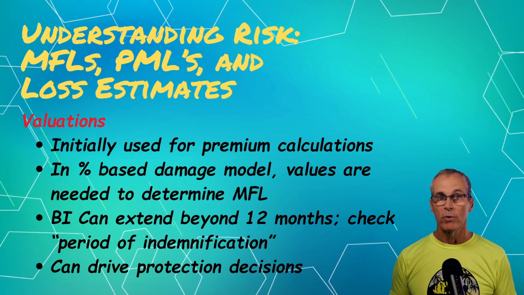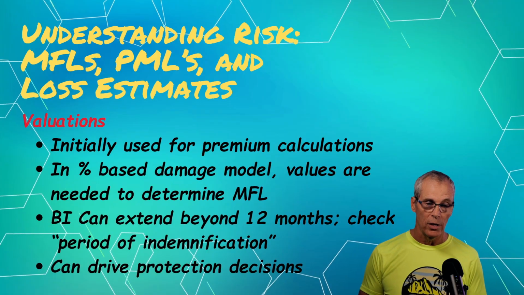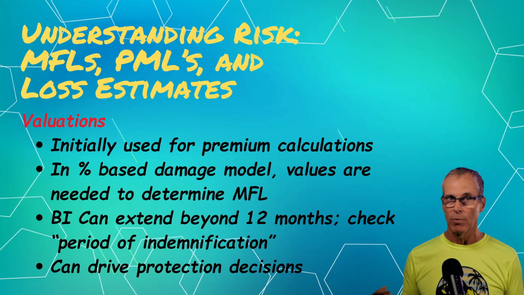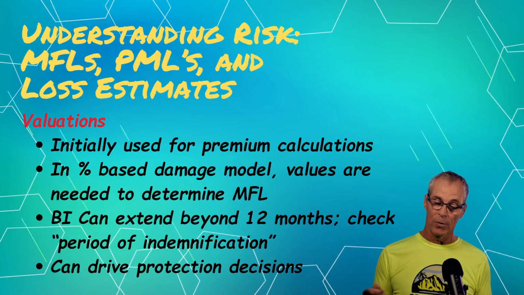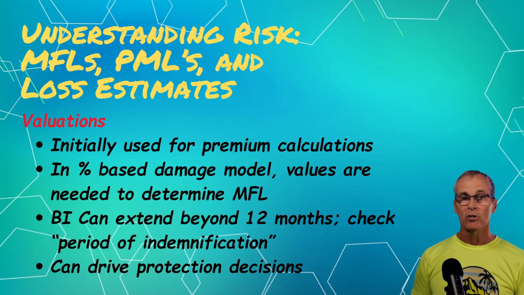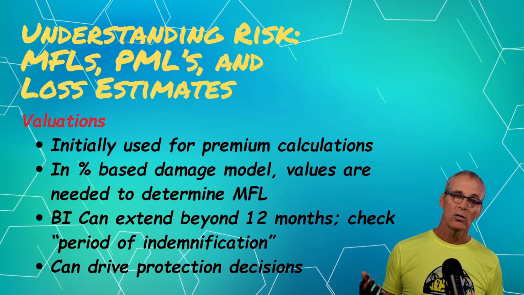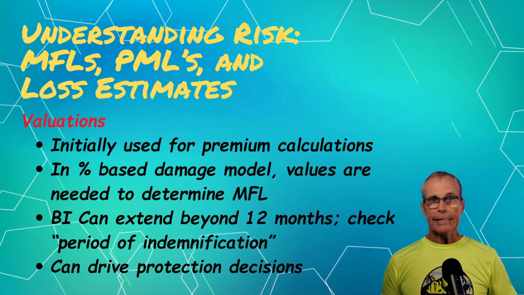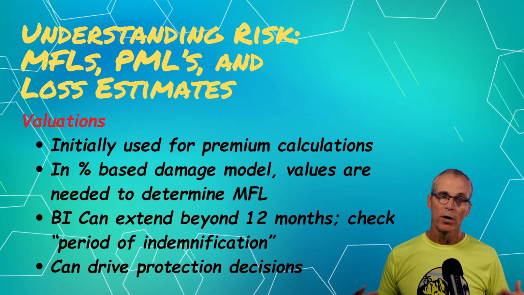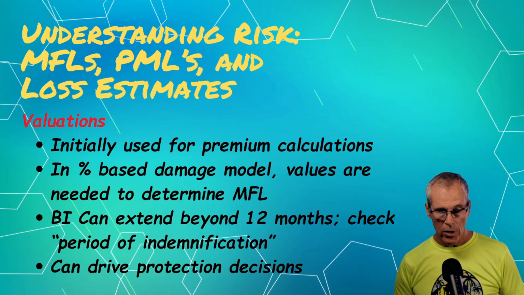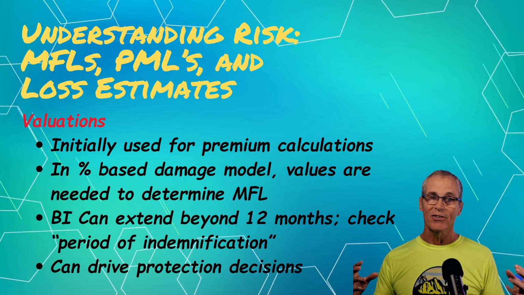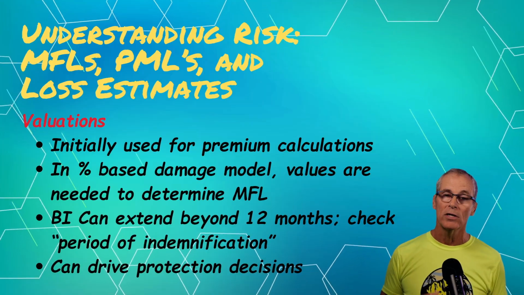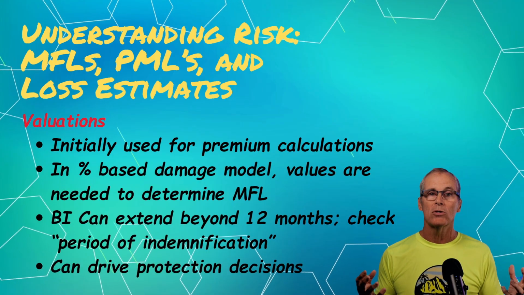And so it'll drive protection decisions. You can go out and spend money to manage risk a couple of ways. You can add protection or you can buy insurance. And we found when I was at a company that ran power plants that there's some insurance you can't buy. The cost of the insurance to pay back the loss of income when a power plant shuts down exceeds the cost of what anybody wanted to pay to get rid of that risk. But it did justify a $5 million a year budget for me to go out and put in protection, risk engineering projects across a fleet of 27,000 megawatts. So it was a way to get some attention.